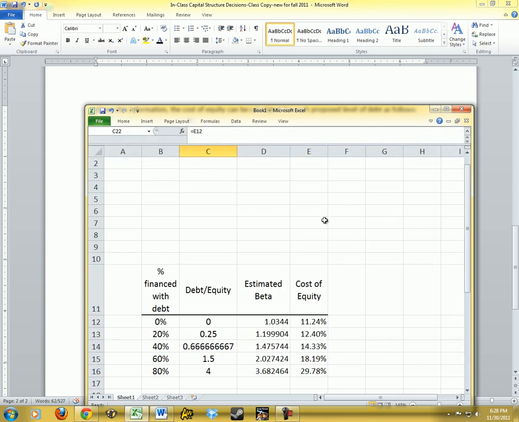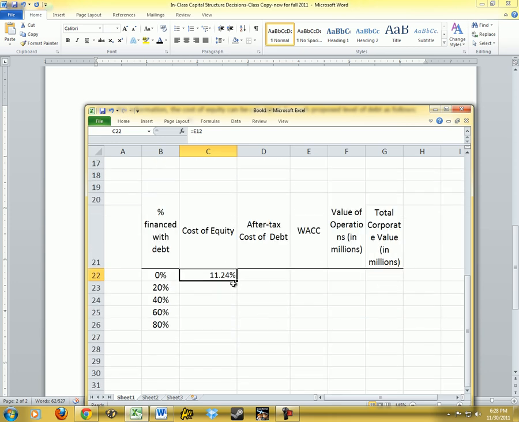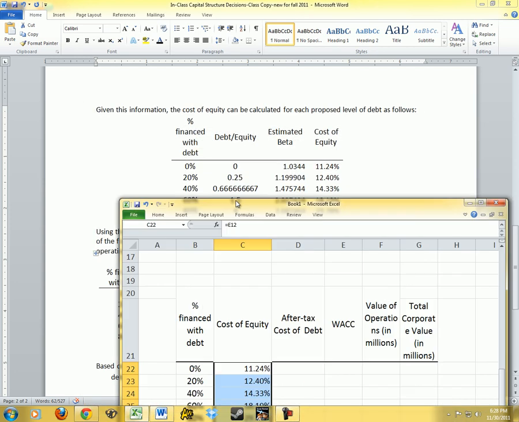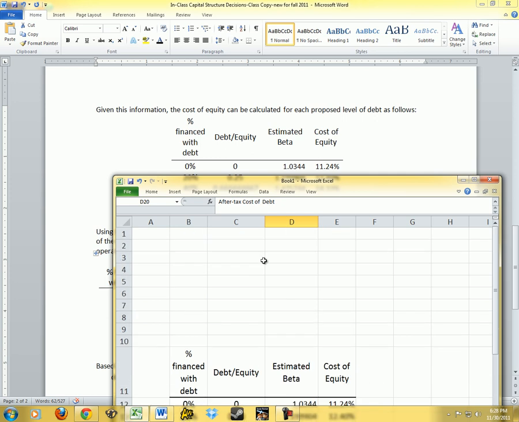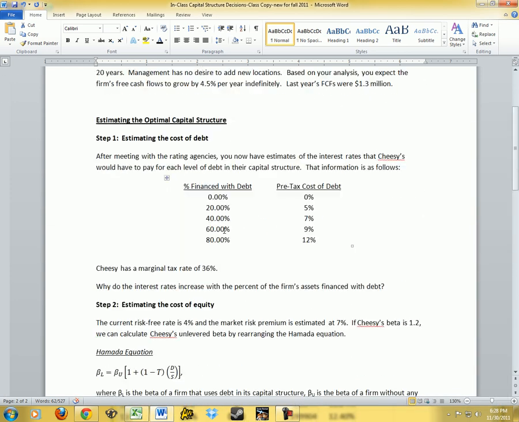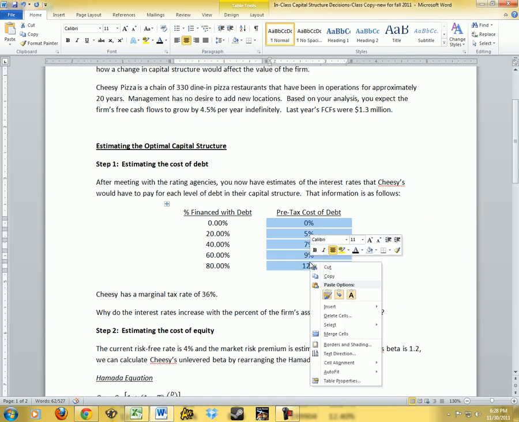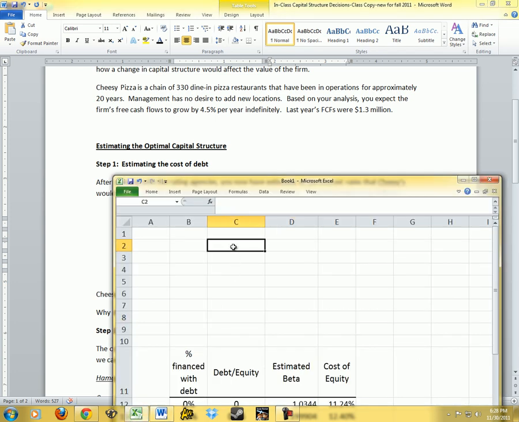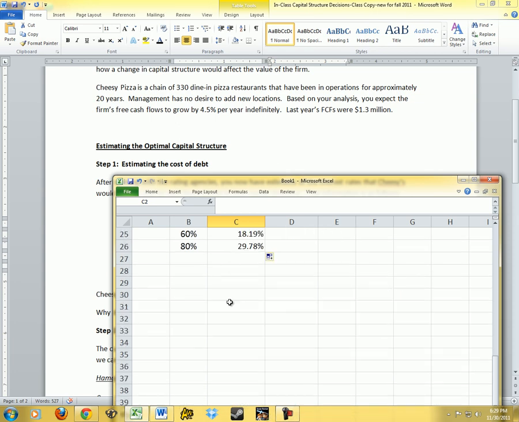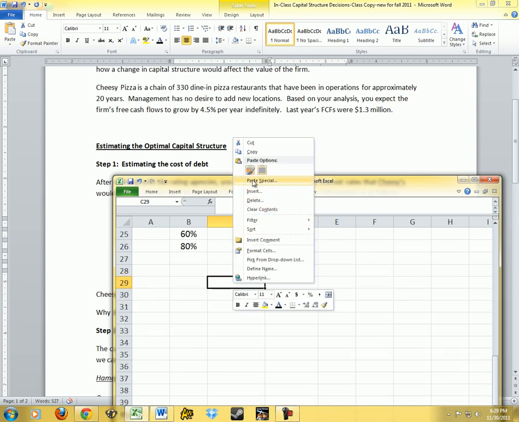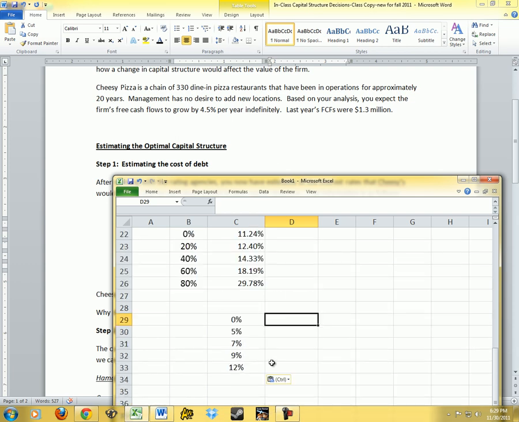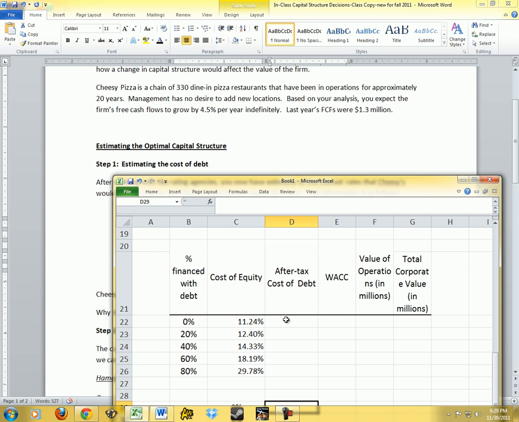So I set that equal to right here. Then you just pull that down again. Our after-tax cost of debt. I'm going to go back up here and get our interest rates. So to calculate the after-tax cost of debt, we're going to take these interest rates for every level of debt and multiply them by 1 minus the tax